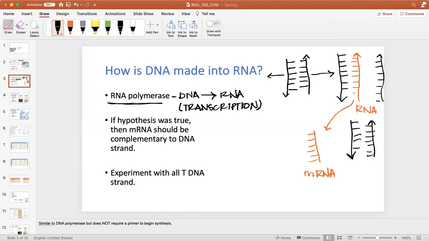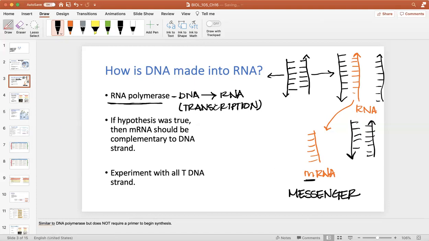So these folks hypothesized that this RNA was functioning as a messenger molecule that could move between the nucleus and the cytosol, carrying the genetic message between the two locations, okay? And they decided that if this were true, mRNA should be complementary to the DNA strand. So if RNA polymerase was copying DNA to use it as the genetic message, then what we should see is that if you have a strand of DNA, then mRNA should complement that strand of